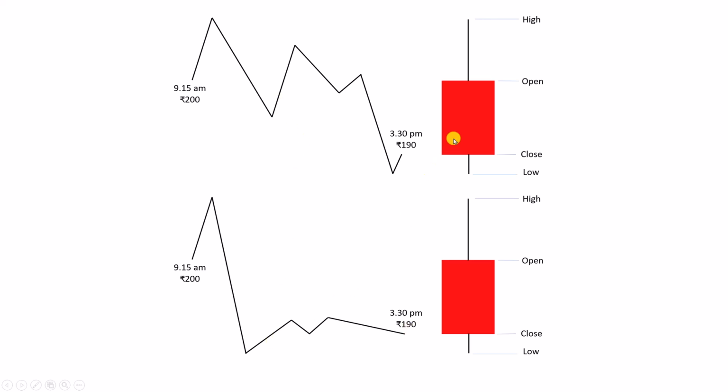Now when we look at a candlestick chart of daily time frame, we will be presented only with this. Okay. We will not come to know how the price had moved, whether it was this movement or this movement or any other movement. To know the price movement, we will have to go to lower time frames. Only when we go to lower time frames, we'll come to know the path taken by the price. Okay. So now let me go to my dashboard and show you how to make sense of lower time frames. Alright.